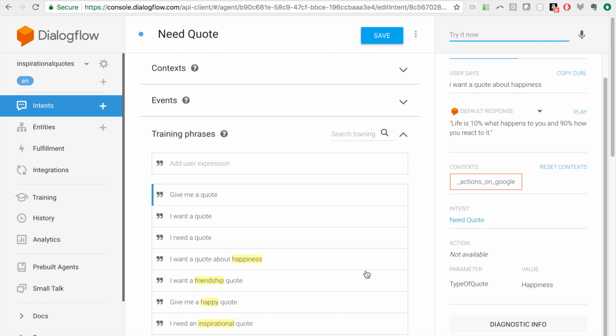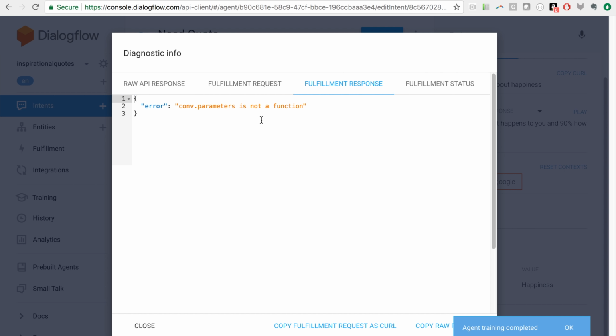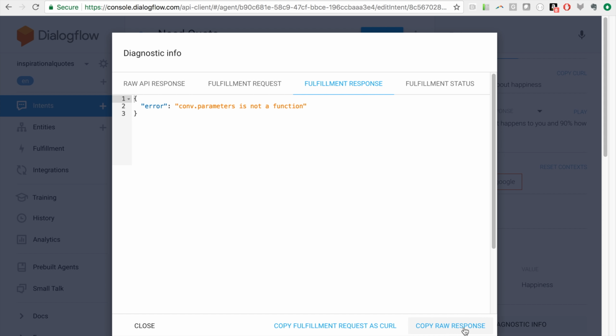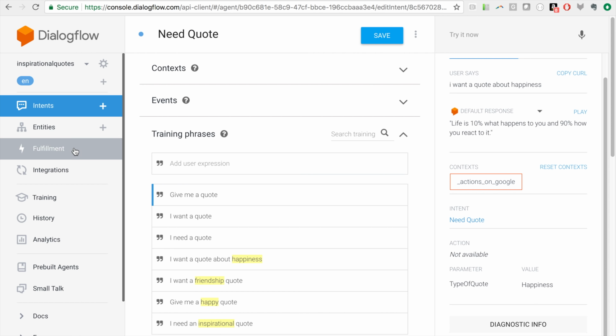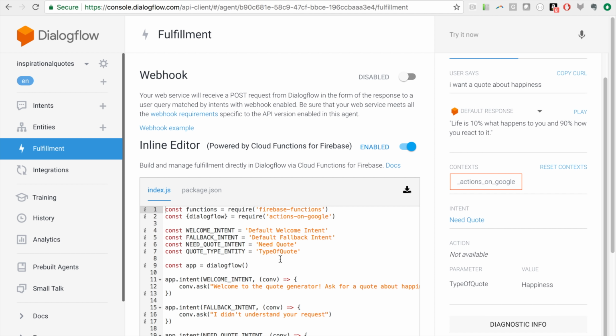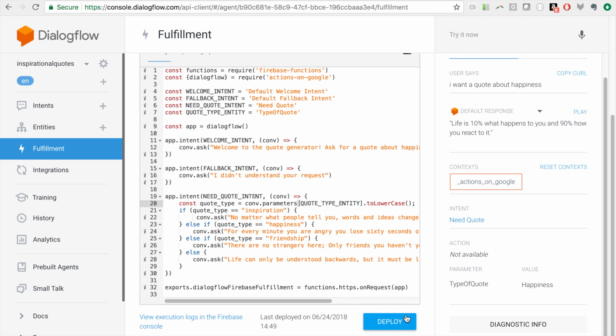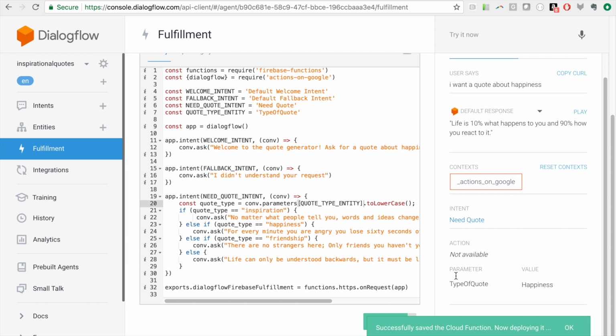And so we'll see if we get that quote about happiness back. And again, we're going to have to check that diagnostic info. We'll go to fulfillment response. And here I think we misspelled something. So let's go back to fulfillment, and I think it's because the parameters is not a function, it's an array. And so basically we're accessing that entity in the array,